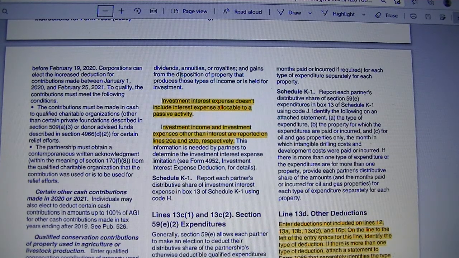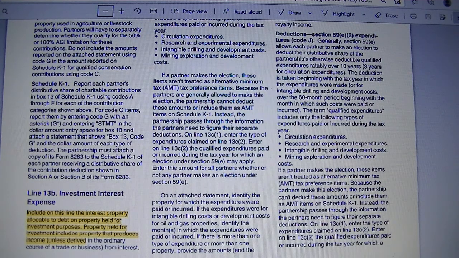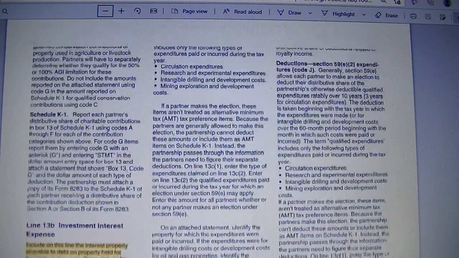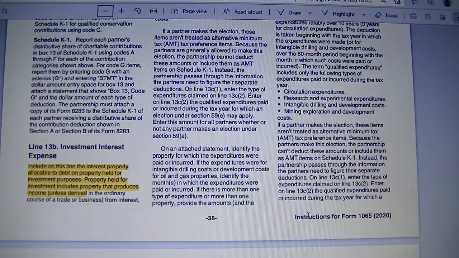So, dividend, annuity or royalty, and gain from disposition of property that produces those types of income or is held for investment. Let's go down a little bit. Property held for investment includes property that produces income from interest, dividends, annuity or royalty, and gain from the disposition of property that produces those types of income or is held for investment. So those are the types of income that you are generating with your property. So the interest expense,